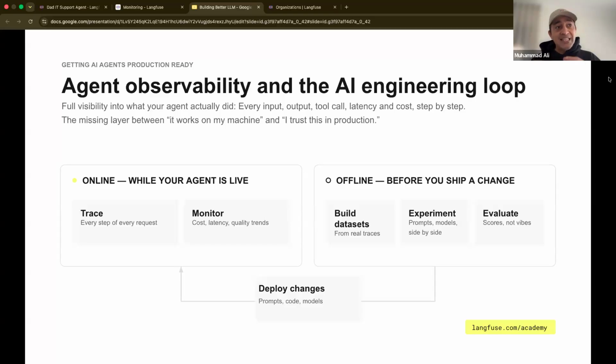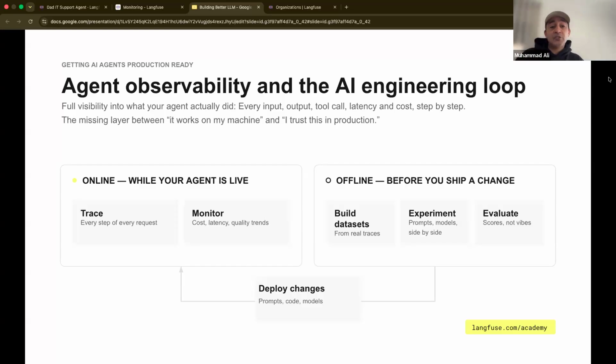Traces are the interactions between different components of your LLM application or agentic application: what tools it calls, how many methods it calls, and how it actually got to the full answer that it retrieved. Then you monitor that. You look for operational and also qualitative metrics. That's your monitoring, and this happens online.